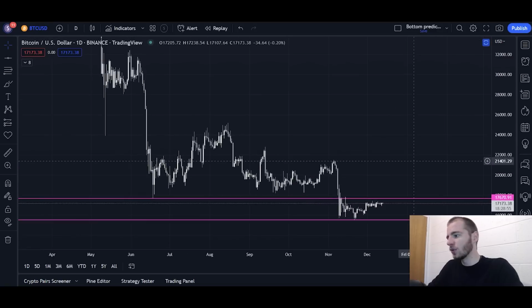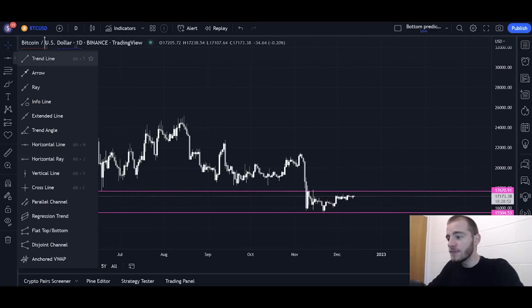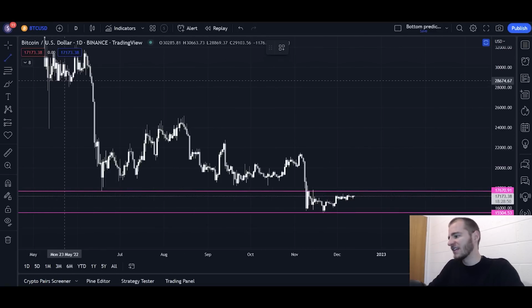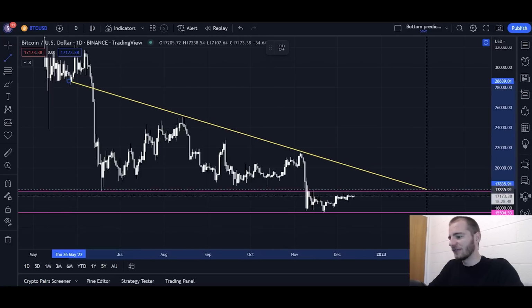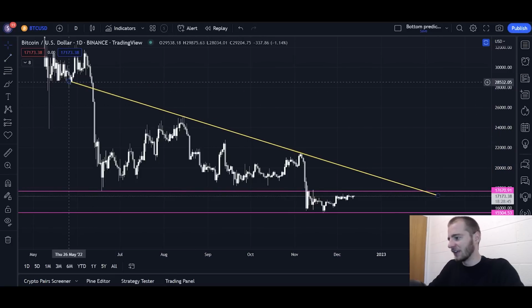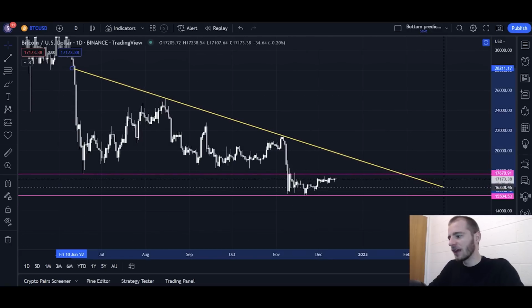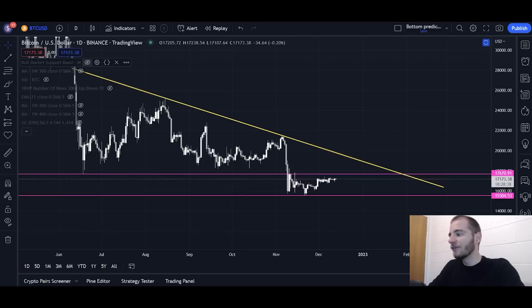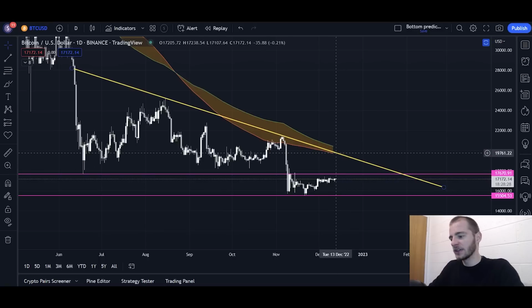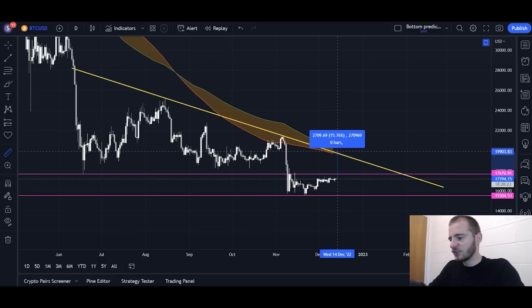Medium term critical level, which is also worth pointing out because this could be tested during the span of these events in the next 48 hours or so. And that level is this, right? Essentially, the medium-term level, and this is actually a very important level because this level lines up perfectly with the bull market support band, and breaking this level, honestly, would lead to a continuation to the upside. It would lead to a break of a downwards trend, right? That level currently is sitting at 19.7K, which is about a 15% gain from the price we're at now.